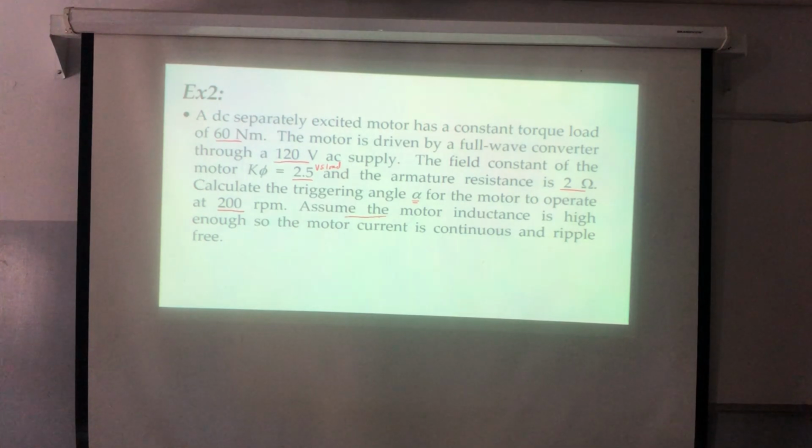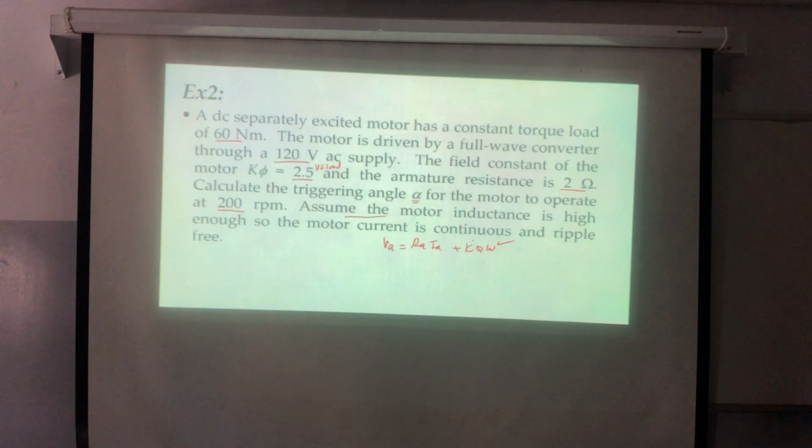What do I need to calculate? I need to calculate VT, or VA average, correct? Now, if we recall, VA was equal to RA IA plus K phi omega. Omega is given? Yes. K phi is given? Yes. The current, not really, but from the torque, TD over K phi, I can calculate IA, so it's given indirectly. RA is given. So I can calculate VA. And remember, this is a single phase full converter, so VA equals